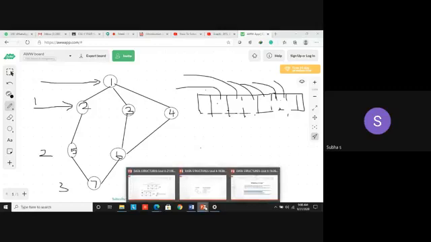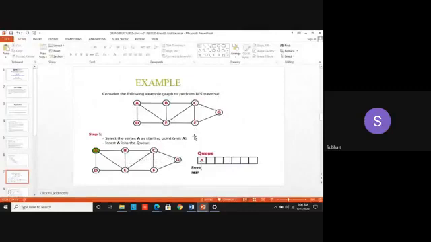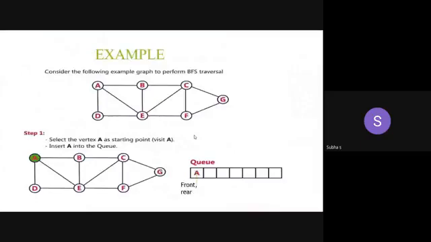Okay. Any doubts so far? Now we move back to the example. I have mentioned a few vertices for easy understanding, 5 vertices. Now let's take this example. How many vertices are there? 7 vertices. Now we are going to apply the breadth first search technique. I told already this is for an undirected graph. This traversal is mainly for undirected graphs. We can easily find the shortest path by applying the breadth first search.